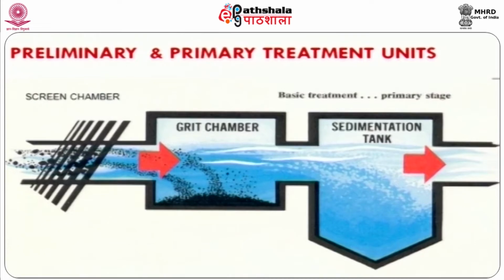0.3 meter per second. Suppose the flow velocity is greater than 0.3 meter per second, some of the grit particles present in the effluent stream may escape into the sedimentation tank. So, that should be arrested. At the same time, if you operate your grit chamber at low flow velocity, some of the suspended solids present in the raw water stream will deposit at the bed of the reactor. While designing the configuration of the grit chamber, we have to avoid these two extremes. One is short circuiting, another is the deposition of suspended particles.